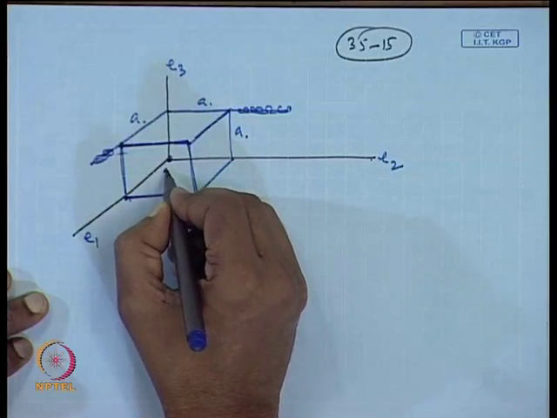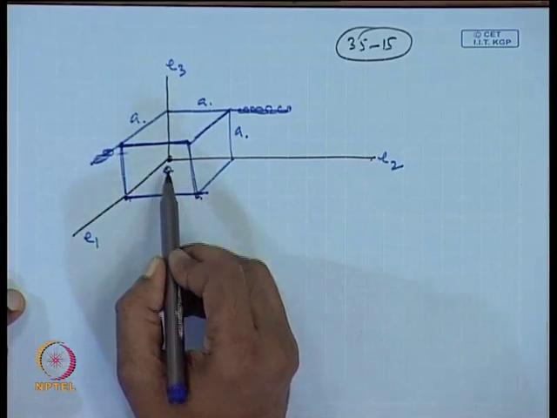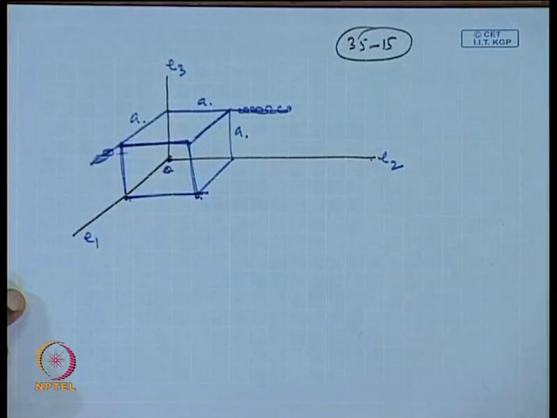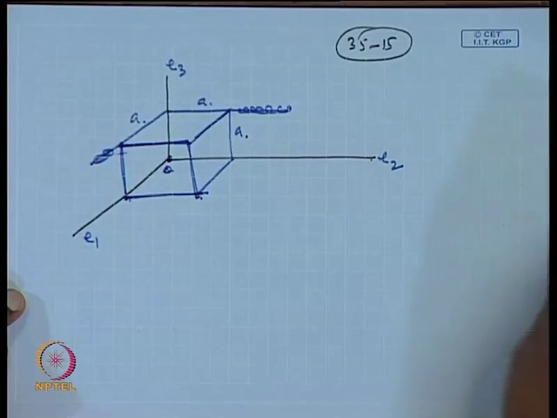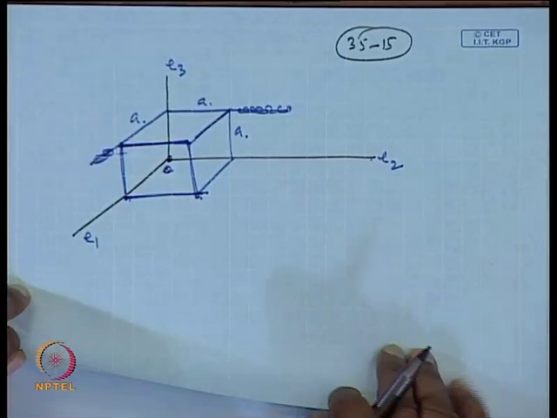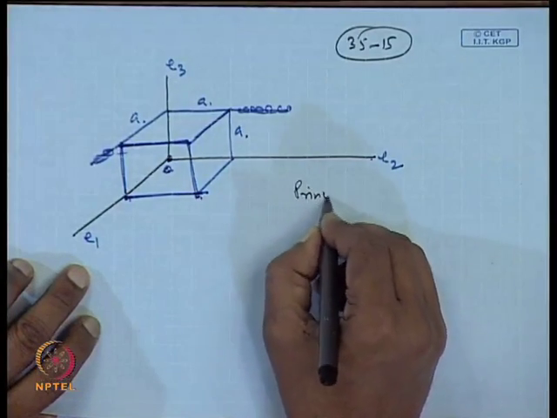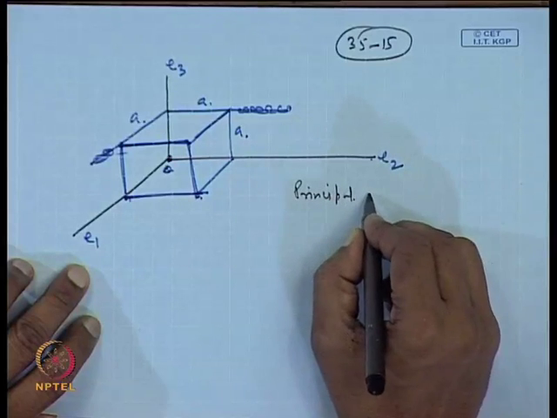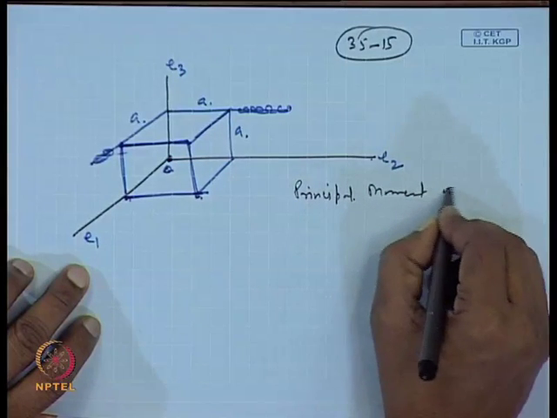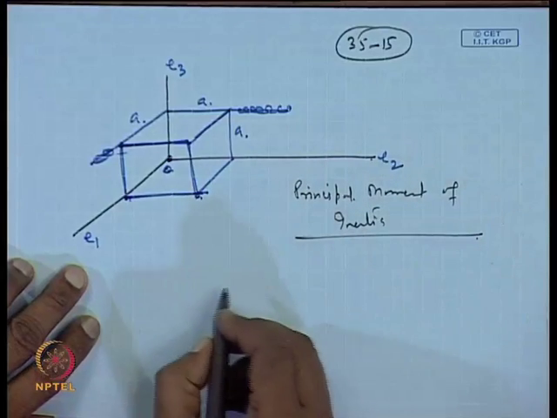This is the point O. Now, this point is obviously not the center of mass in this case, and we need to work out the moment of inertia, the principal moment of inertia. So, finding out the principal moment of inertia,